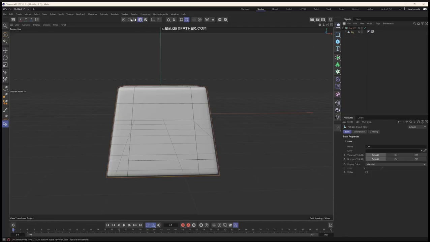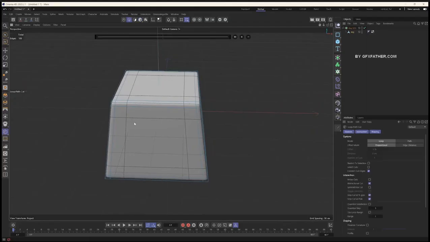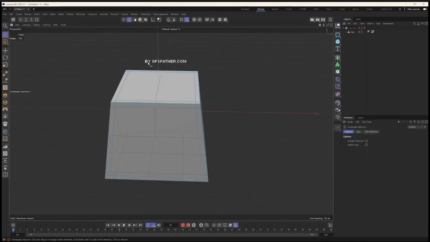So I'm going to grab the key. Let's go to edge mode here, and I'm going to make a cut right down the middle again. So M and then L to get my loop cut. Hold the shift key and click to add that cut right down the center. And then what I can do at this point, if I hit the E key and go to my rectangular selection by hitting 0, rectangular selections right here too, make sure I'm in edge mode, and I'm going